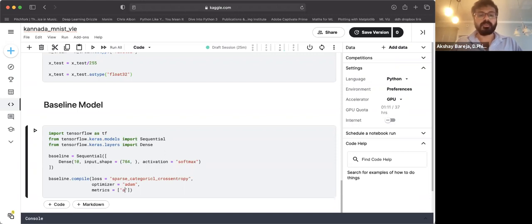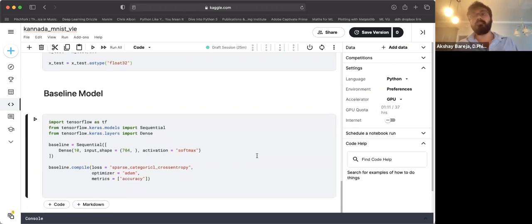So we do metrics equals, and since we're doing a prediction task, we can just do metrics equals accuracy. If this were a regression task, we could use mean squared error or mean absolute error or some other such metric. So that's baseline.compile. And now we're almost ready, or we are ready to train the model. So to do that, we do